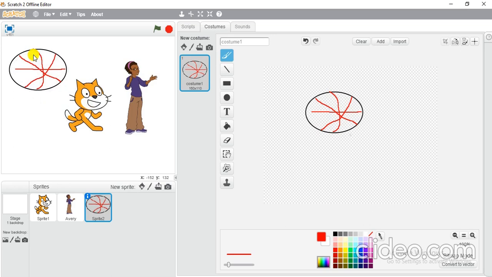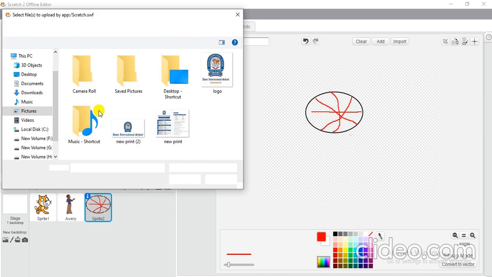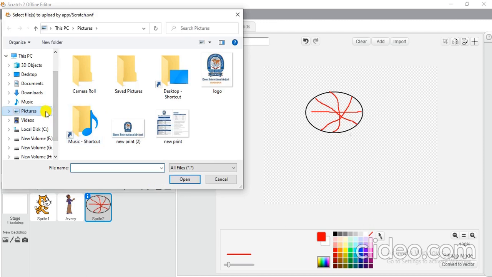Next, coming to method number 3. Method number 3 is to upload a sprite from a file. If you have downloaded an image on your computer, you just click on this option, sprite from file, and go to pictures or wherever your image is stored.